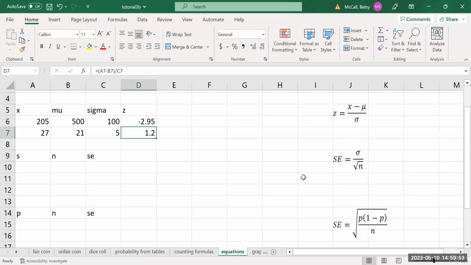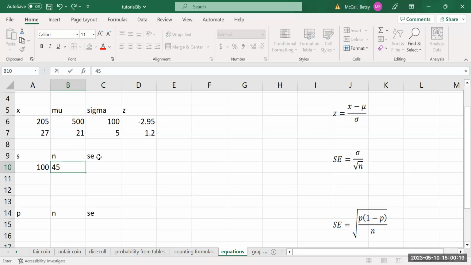The standard error formula, again, is very common. S, or again, it's sigma, depending on whether it's a population or a sample standard deviation, but the formula works the same in both cases. N is our sample size. So let's say my SAT has a standard deviation of 100. I'm taking a sample of, let's say, 45 students. What is the standard error? This is a nice simple formula, but it does involve the square root